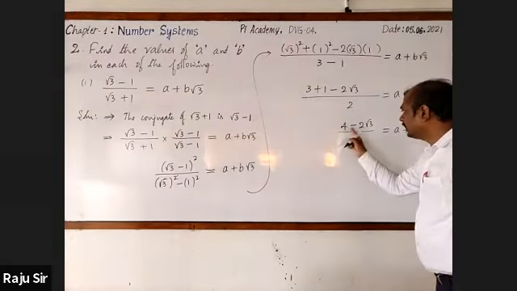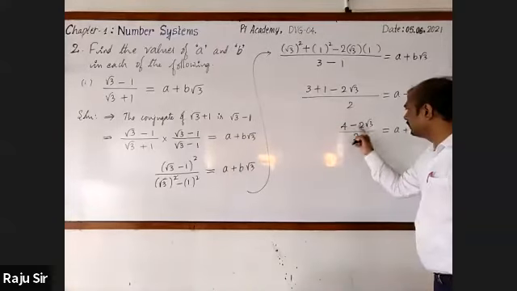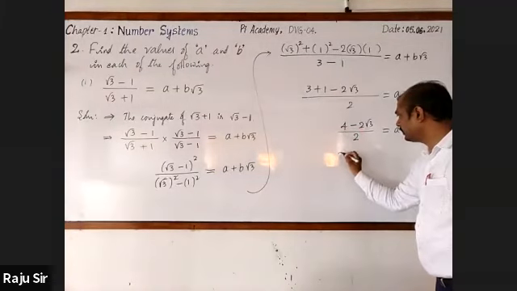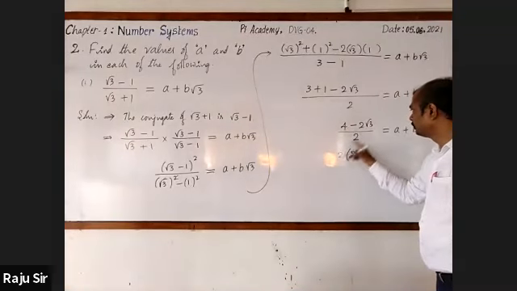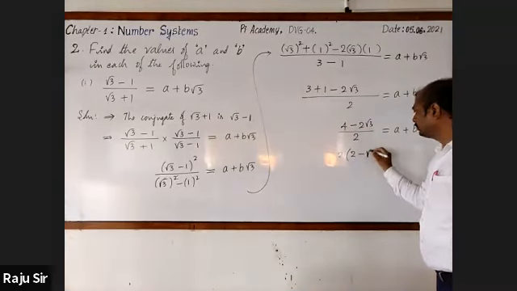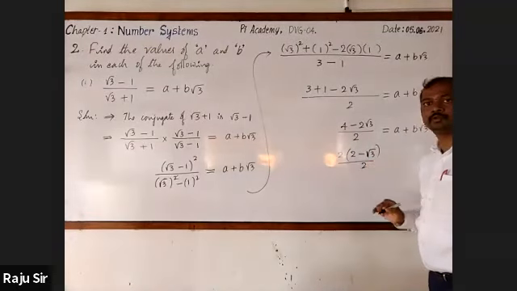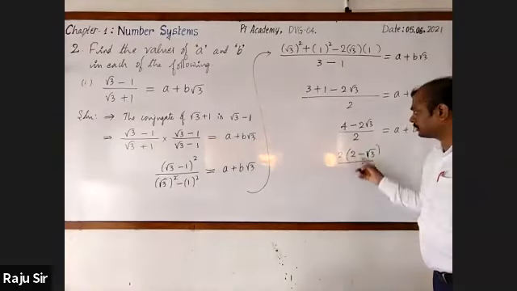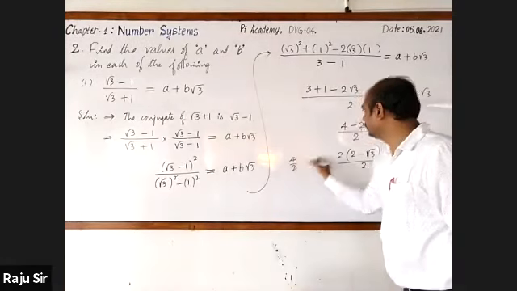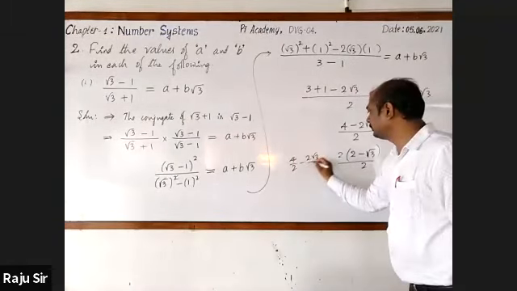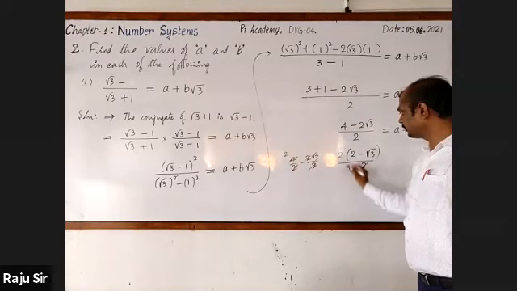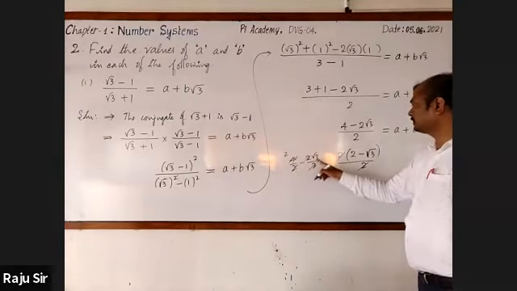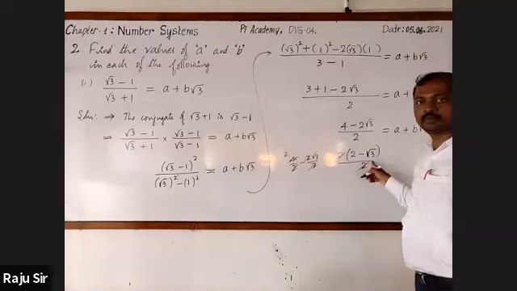So here you can take out 2 as a common factor. Please don't try this yet, understand this first. In the numerator, taking 2 common, you will get 2 2s are 4 minus 2 1s are 2 into root 3, divided by 2. This can also be written as 4 by 2 minus 2 into root 3 by 2. The 2s cancel. 2 1s are 2, 2 2s are 4. Both will be the same: 2 minus root 3.